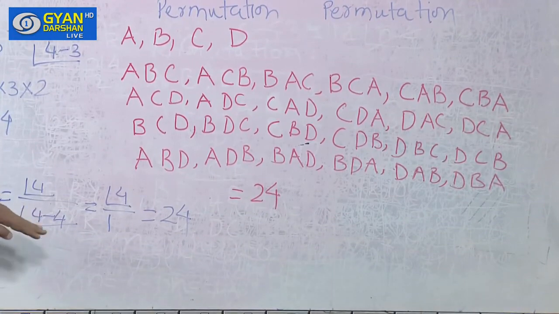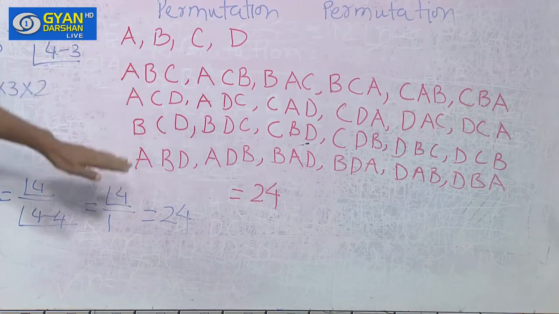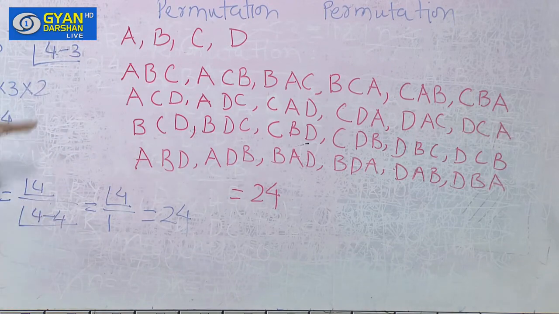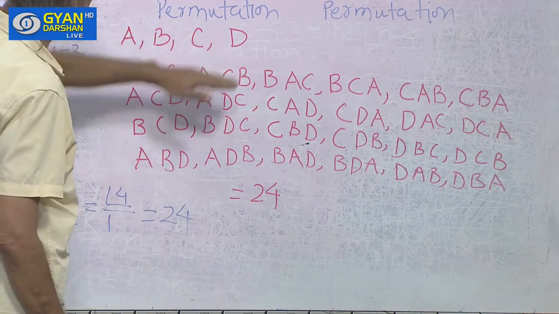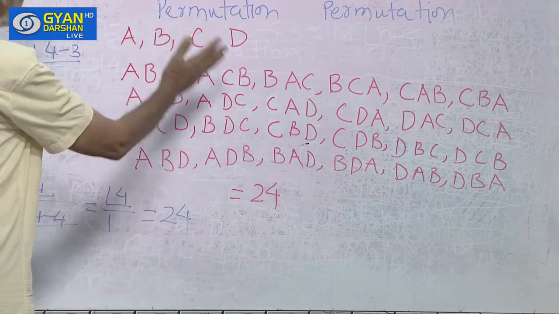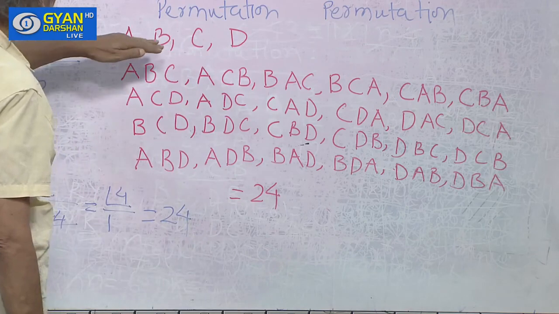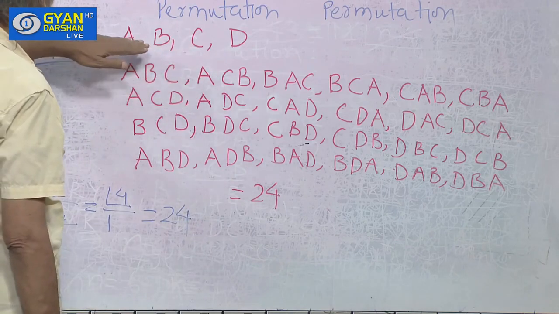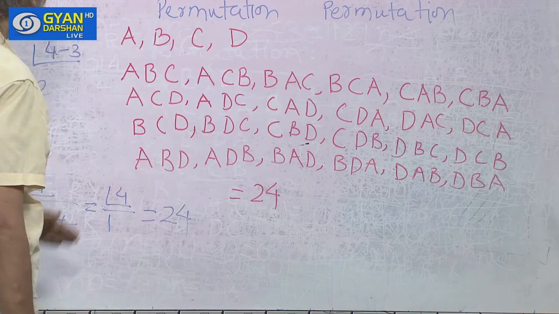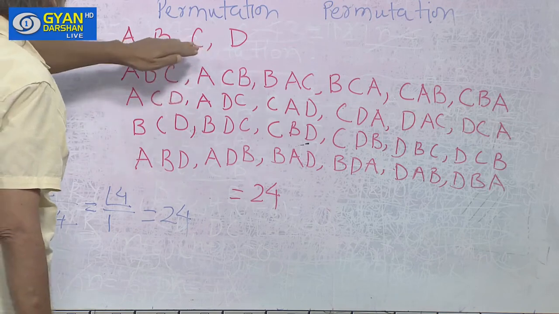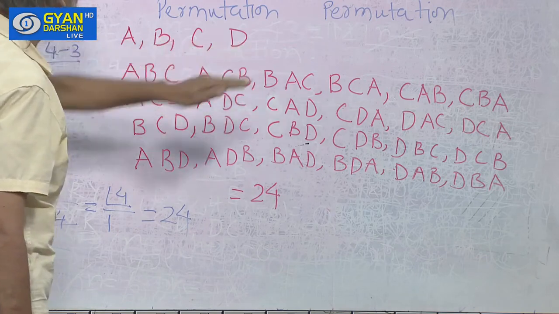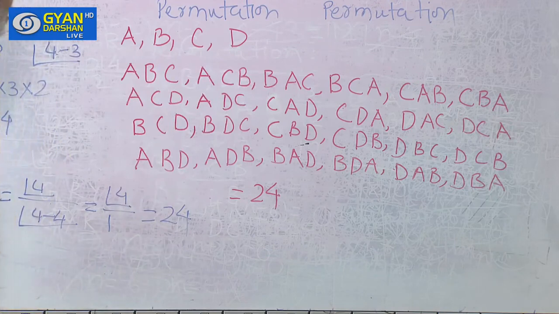Do not go by formula. Write all the permutations comprising A, B, C, D. So, A, B, C, D is just one, then what are the other permutations? Say A, B, D, C will be another, then A, C, B, D will be one, then A, C, D, B will be another. Similarly, you will find 24